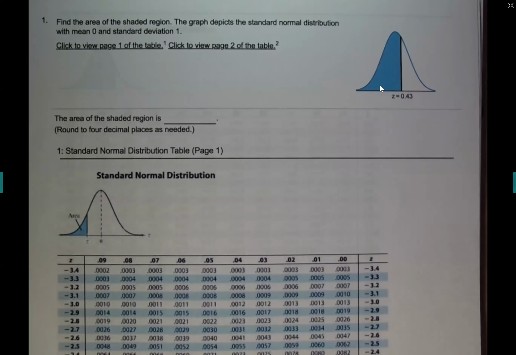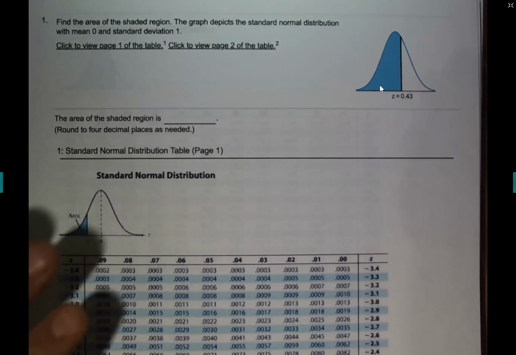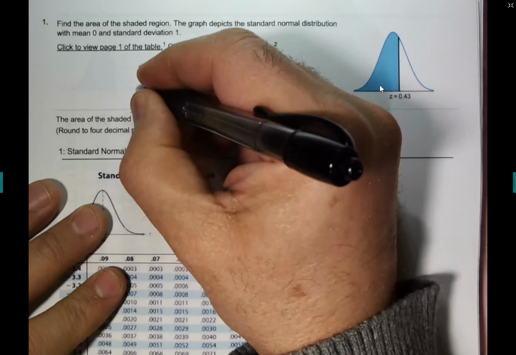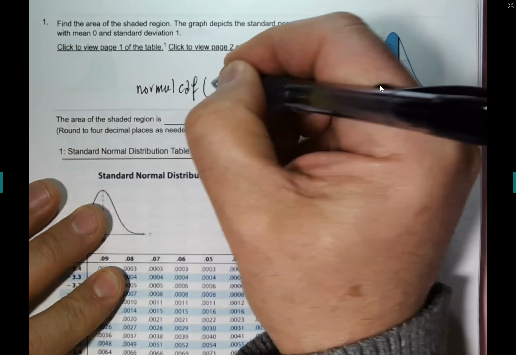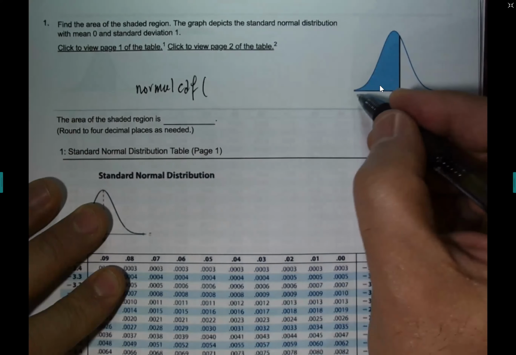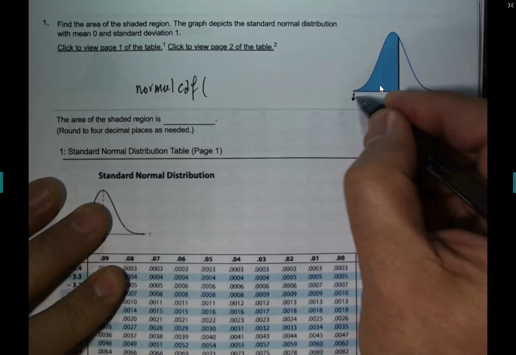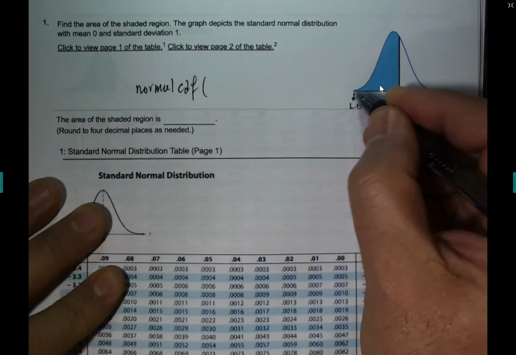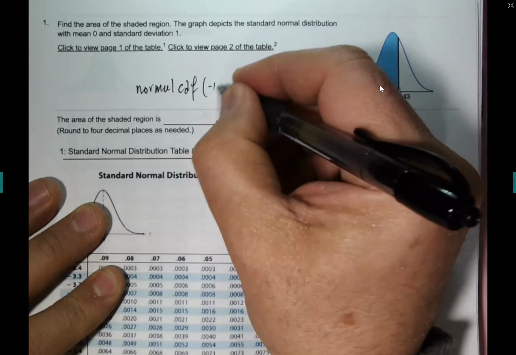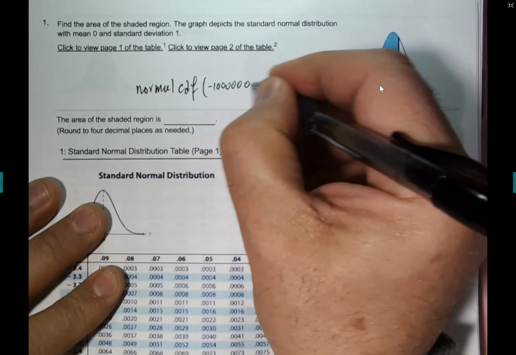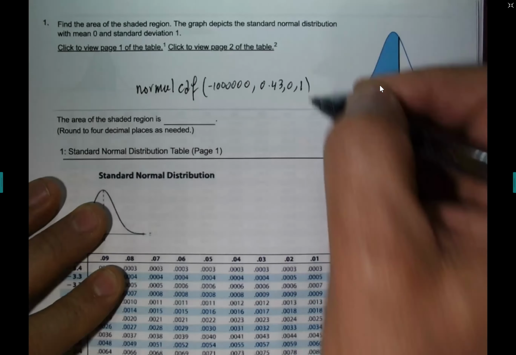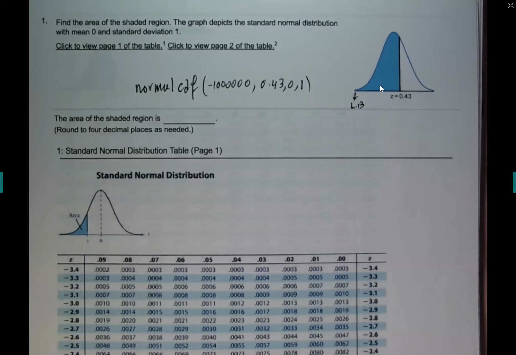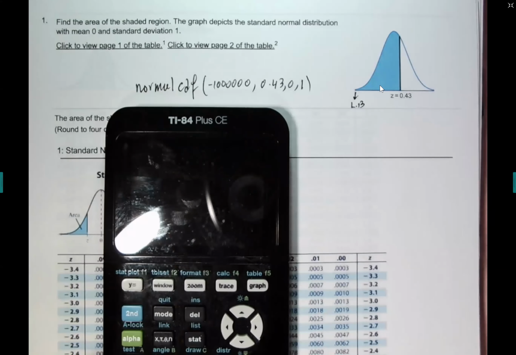So to do this, guys, you just do normal CDF to the left of 0.43. So this is the lower bound here, guys. When the lower bound is the tail, that will be negative a million. And then 0.43, and then comma 0, comma 1. And the answer would be